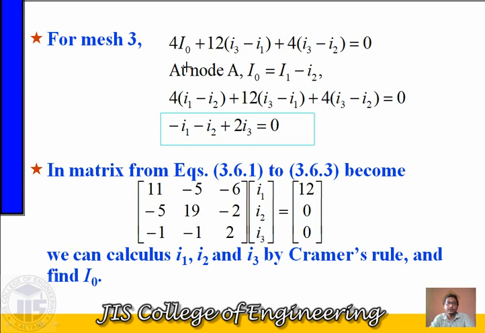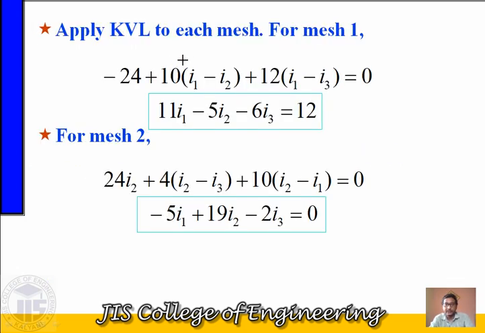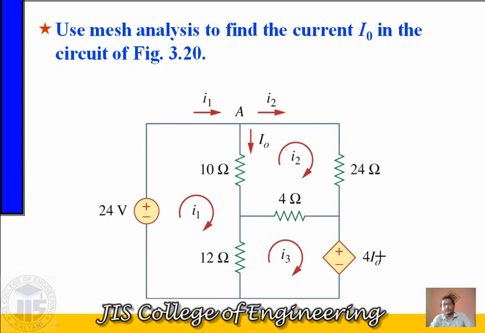So for mesh 3 also, the same way we can write down the equation. The equation has 4I0, where I0 is the current. So let's go to the circuit. We will start from any resistance, that is always better. If we consider this 4 ohm resistance, the loop is moving in the clockwise direction, so we will move from left to rightward direction.